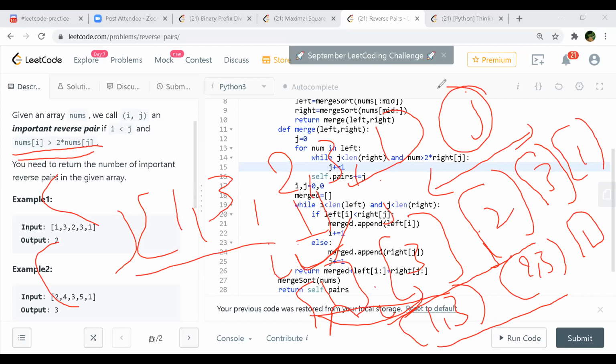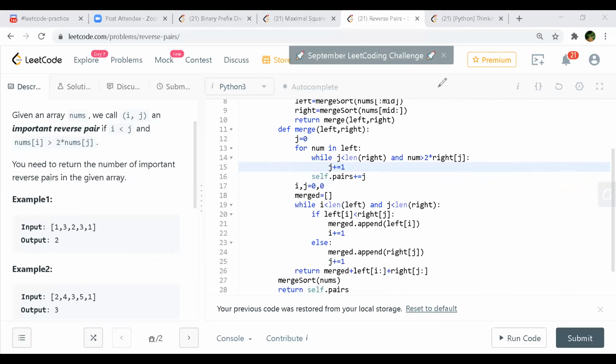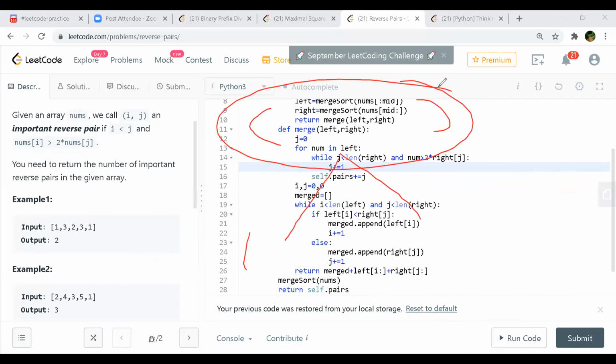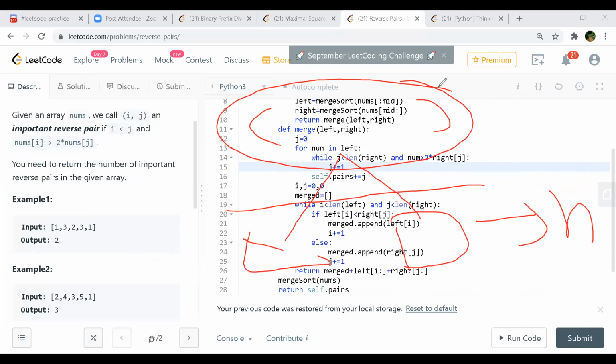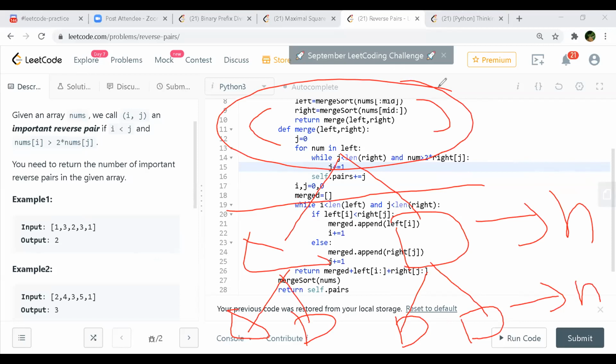If you make a tree out of it, let's say you are given an array and you split it. At every level, the total number of elements you have is N itself. Whenever you split, even at the last level, each cell will have a single element and the total number of elements at this level will be N. So at every level, we are doing only N comparisons.